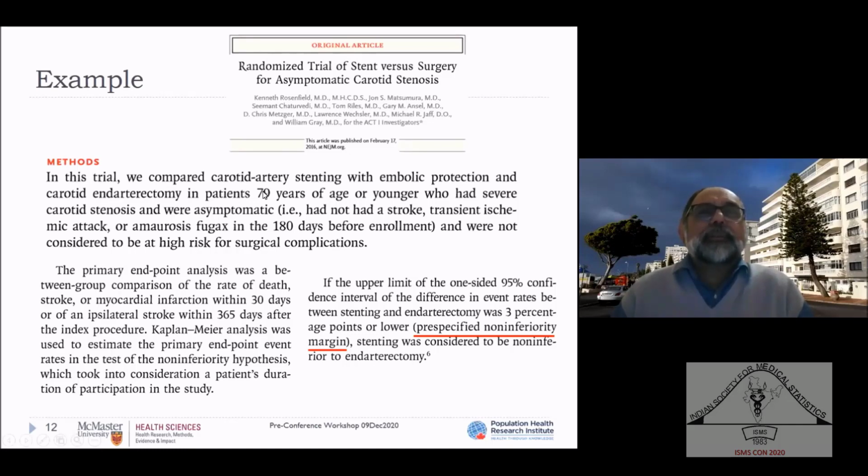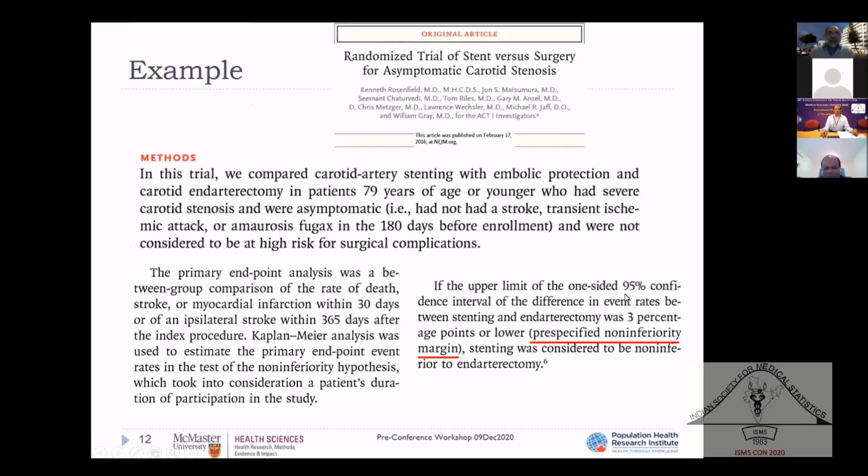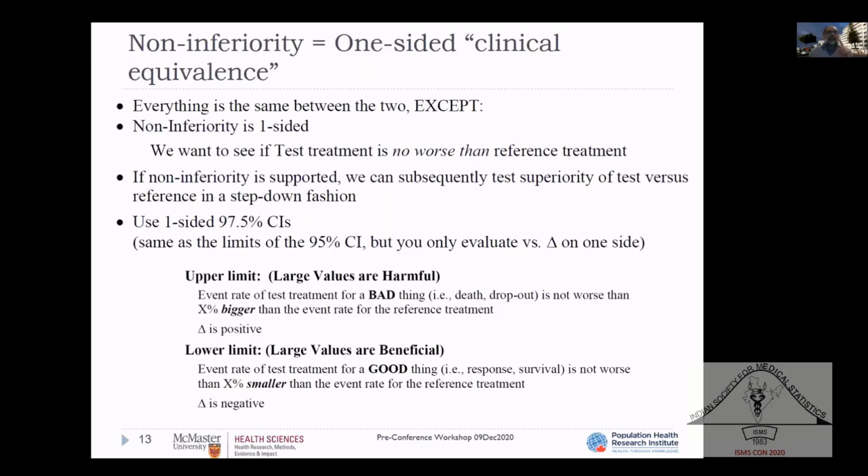They were comparing stenting with embolic protection and carotid endarterectomy in very old patients, citing a 95% confidence interval, and their pre-specified non-inferiority margin was 3%. I'm going to be talking about how we come up with the margins, but let's look at the non-inferiority